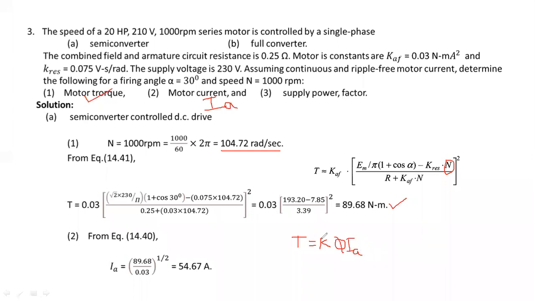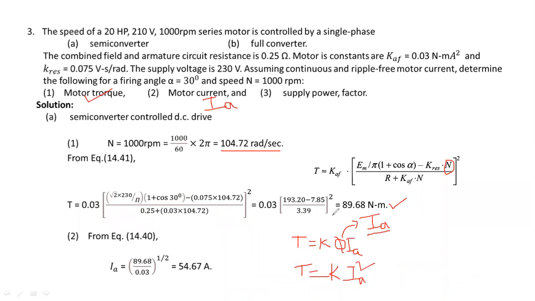And this is a series motor. In a series motor, this flux can be replaced by Ia, as I have told you previously. Because in the problem there is no discussion on the flux, directly replace the flux with the armature current. Now you will get the torque equation as T is equal to the constant K into Ia square, since Ia into Ia is Ia square.